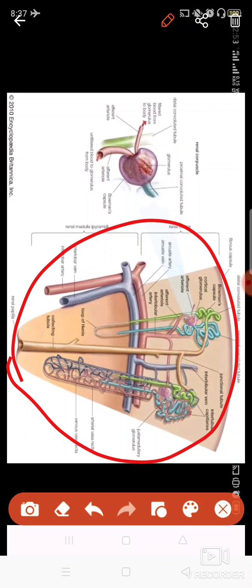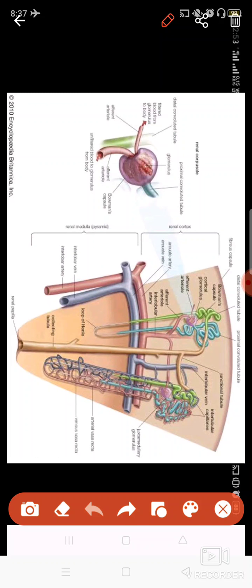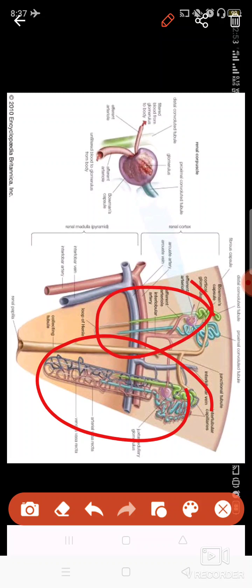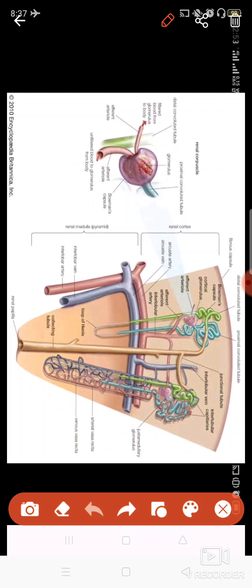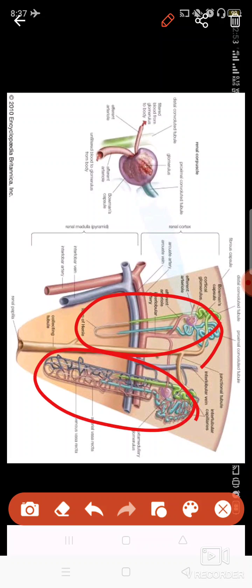This is one pyramid, and inside your kidney, around 1 million nephrons are present. These nephrons are arranged in this manner. You can see this is one nephron, this is one nephron, and these are arranged in this manner. And this is the renal vein, renal artery, and this is the renal vein. And these are connected in this form to form these large tubules, which are known as nephrons.